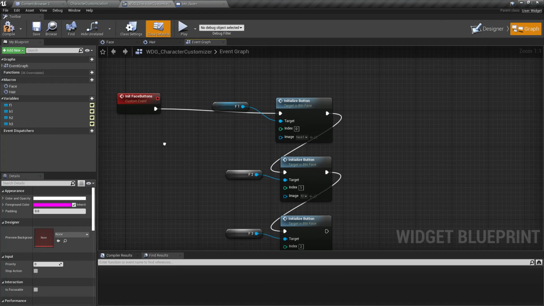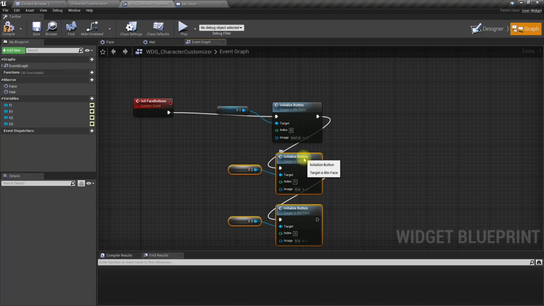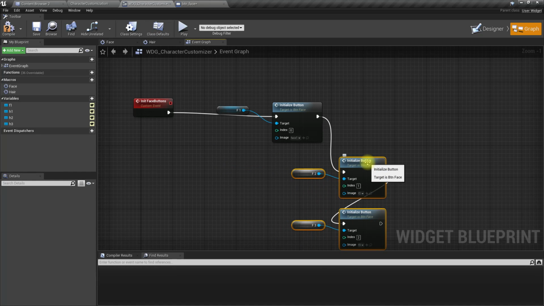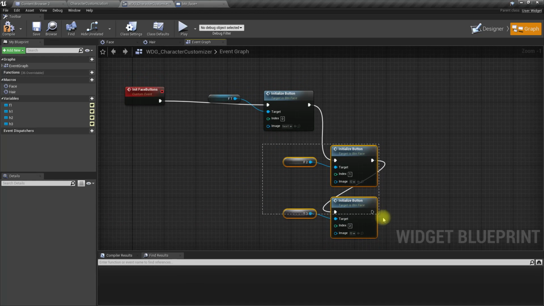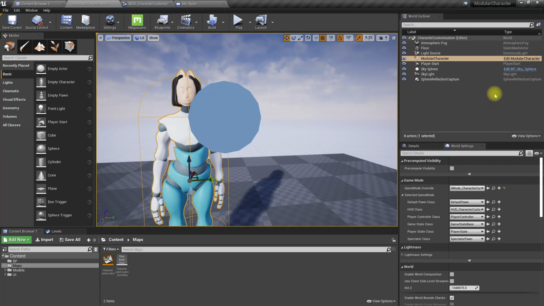And let's see, right now these are not valid. Yeah, okay, how to do this? I delete these first, and here